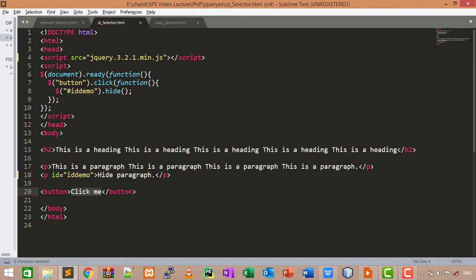In our document.ready function we will write the button click event. When the button is clicked, this line is executed. In this line we will write #demoID, which is the ID of your p tag. So when this button is clicked, your hide paragraph p tag is hidden.